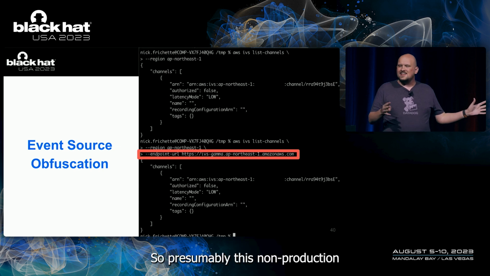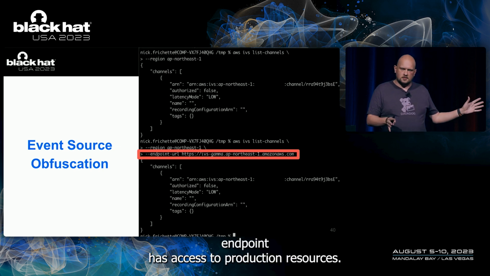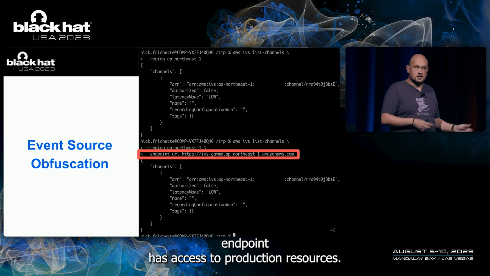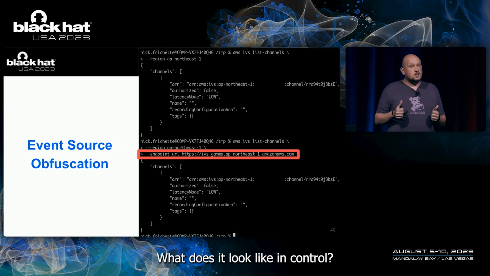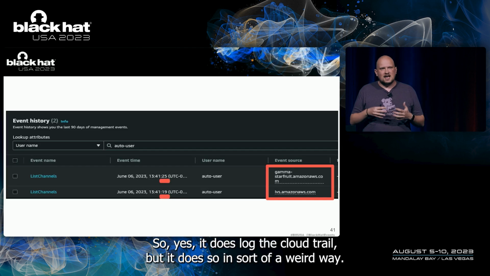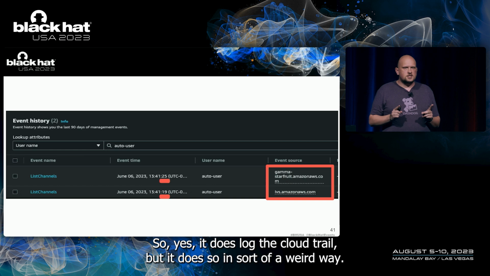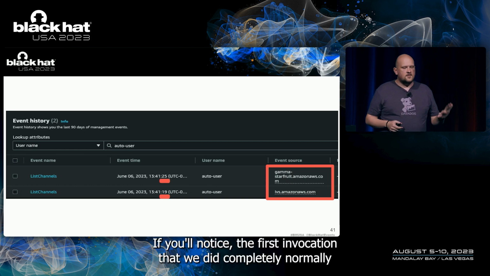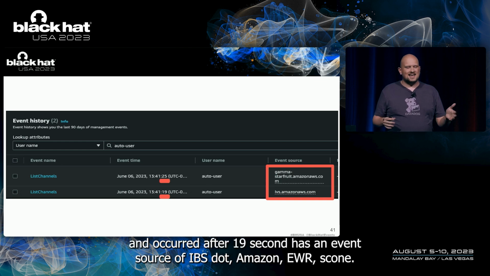So presumably, this non-production endpoint has access to production resources. Great. What does it look like in CloudTrail? Well, unfortunately, we see 2 events, so yes, it does log to CloudTrail, but it does so in sort of a weird way. If you'll notice, the first invocation that we did completely normally and occurred at the 19th second